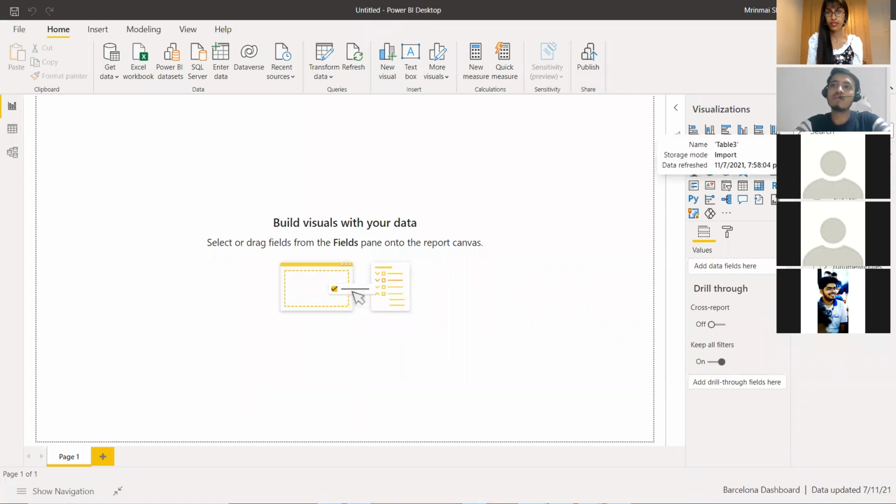Like the first thing is the name of the table, it's table 3. I don't want that name. I need to modify that. I also don't like these names of the columns. I need to modify that. Okay. So the first thing that you need to do is,